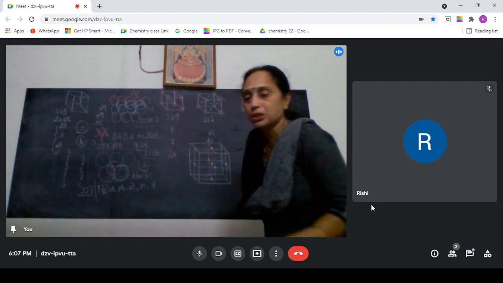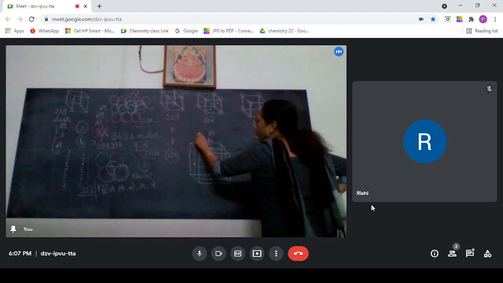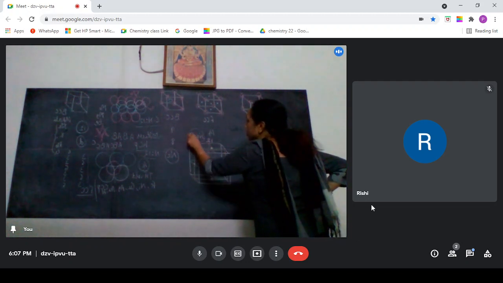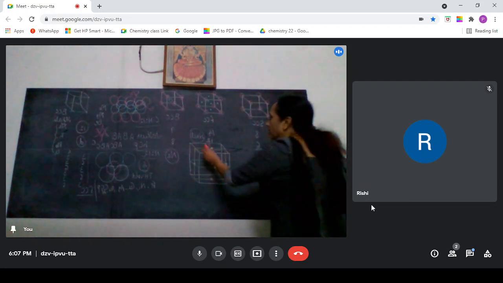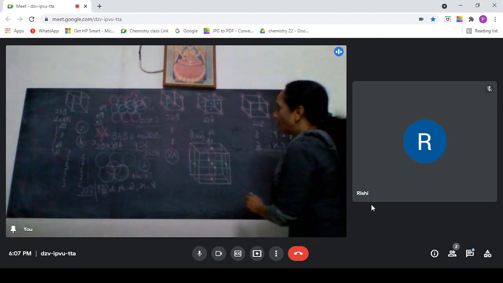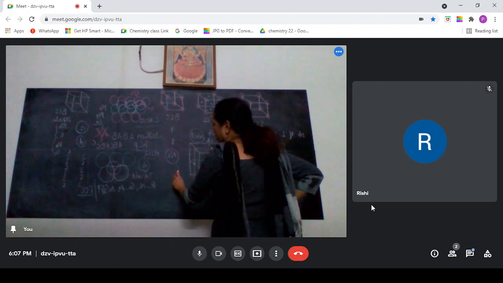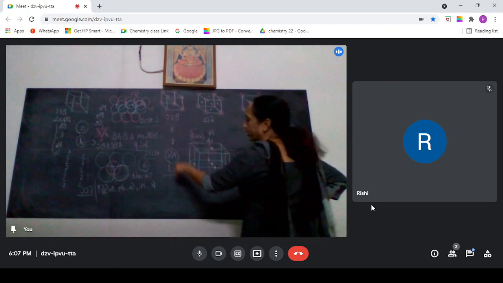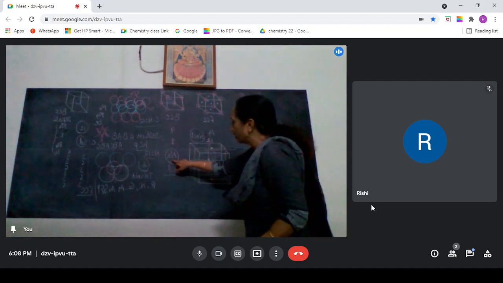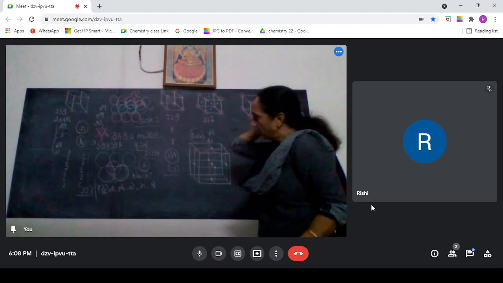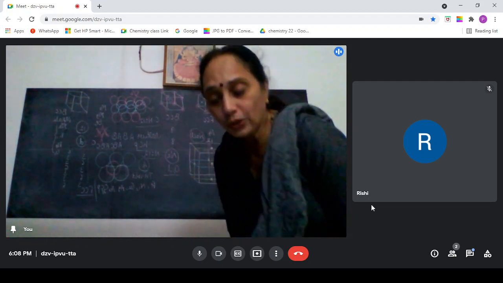Children will get confused here. Sodium metal is body centered. Sodium chloride is face centered. I will write the structure of this and show you how it is face centered. Okay, we are going to calculate the number of particles for this. Cesium chloride is again body centered. I'll talk about the ionic compounds later. But don't get confused between sodium and sodium chloride. Okay, so this is the structure. Understood till here?